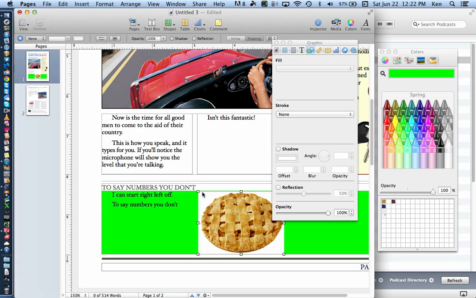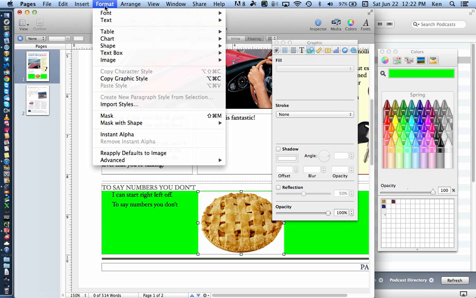Now, I want to remove this white background, and you have the coolest thing in the world, Instant Alpha. And let's see how we get there. If you need to order lunch, we have the background selected. I'm sorry, we have our object selected with the handles. And if I go up here to Format, I'm coming on down to a thing called Instant Alpha. It should be called Hallelujah. So if I click on Instant Alpha,